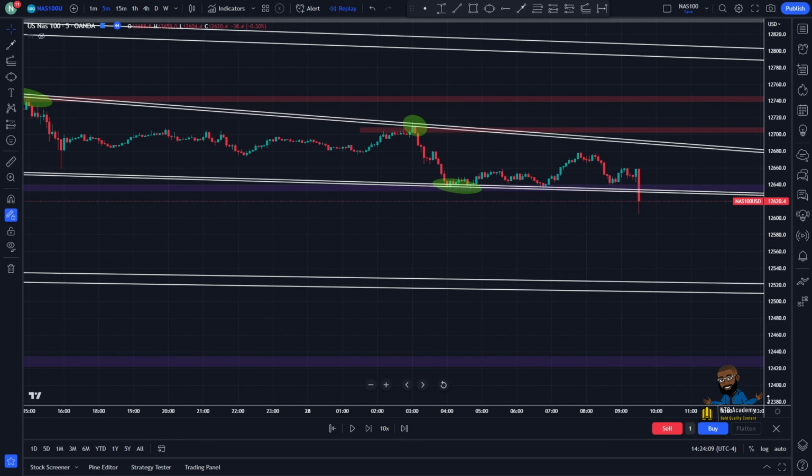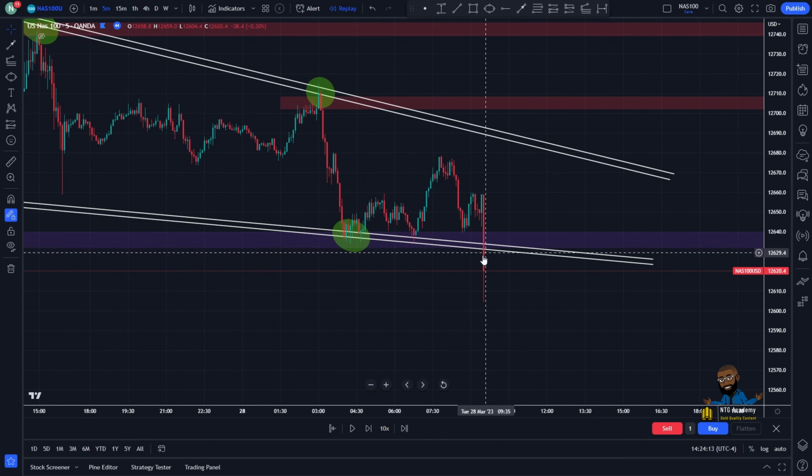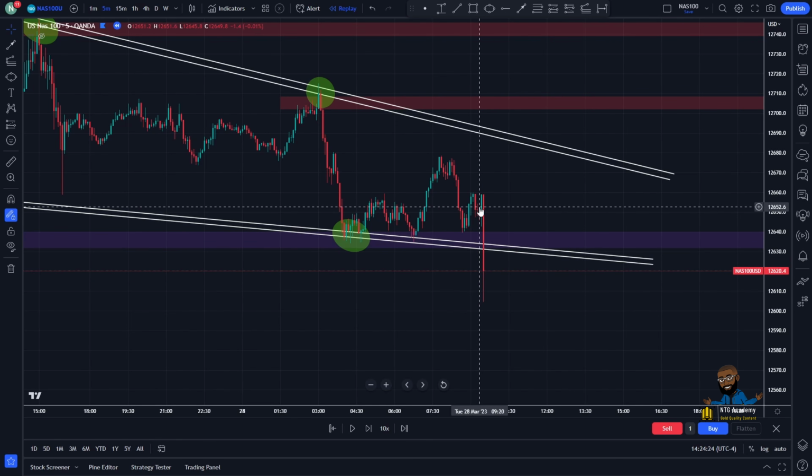I was on the 5-minute, and here we are. And all we needed to do was wait for the break. Now I did get in early because I have exclusive videos for only the members where they have a pre-breakout where we actually catch the move before the move. This strategy is very effective, especially when it comes to news, because we are already in the market and then we're catching all the moves, right?